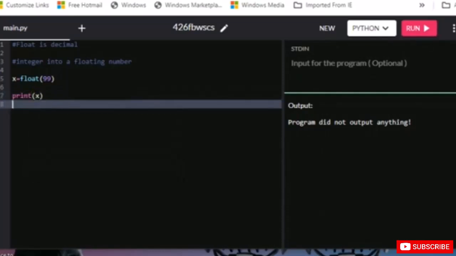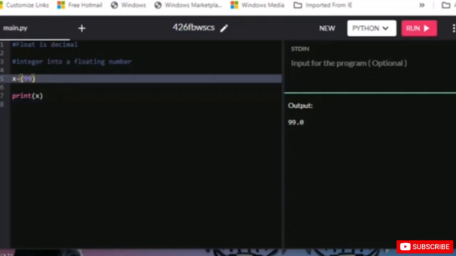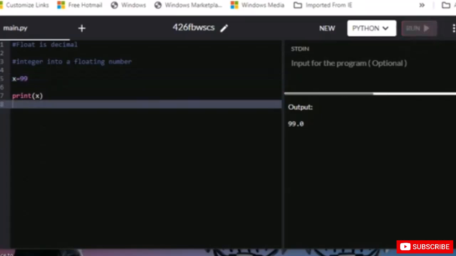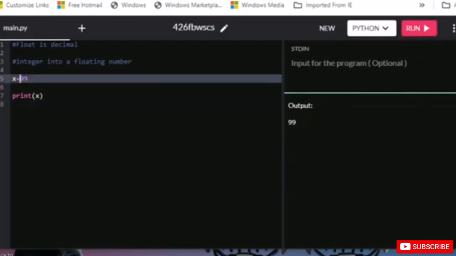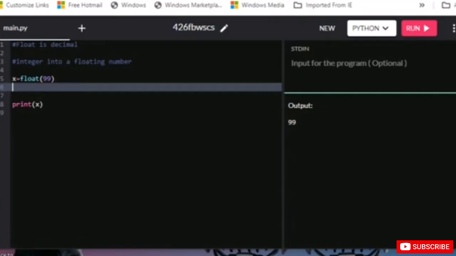The .0 actually appeared because we used float here. Like, let me write it in this way. If I remove float just for a moment, removing those brackets, and now let's just print it. It's just a 99. So you can clearly see the difference, what difference it makes when we actually make it float, use the brackets and write 99. Well, we are using the brackets repeatedly because it's a very simple point. We are telling Python that for what's in the bracket, apply the operation. So that's why we are using the brackets here. So this is our first thing that we have used.